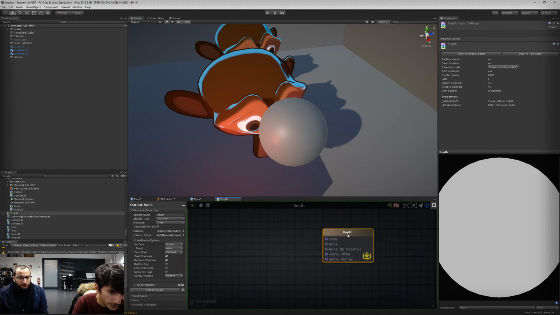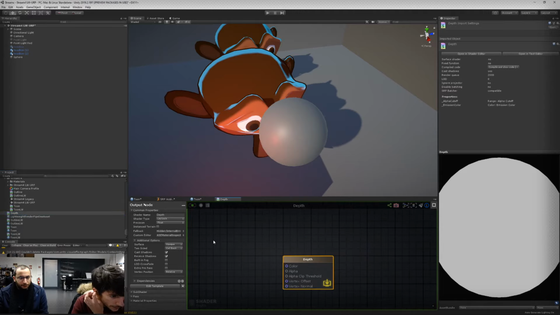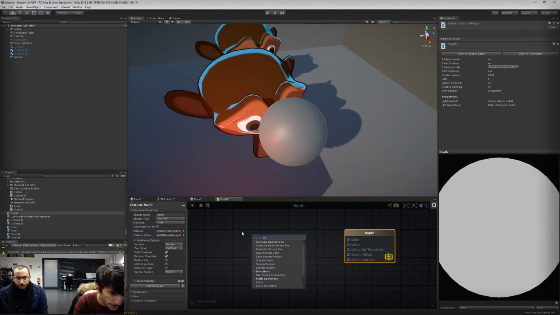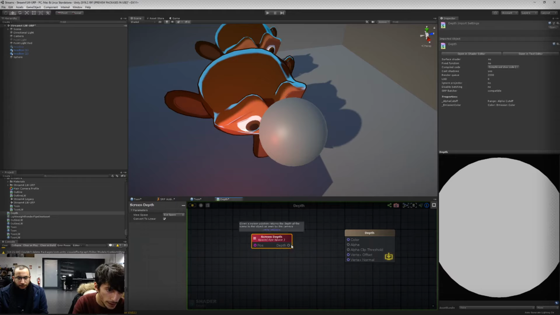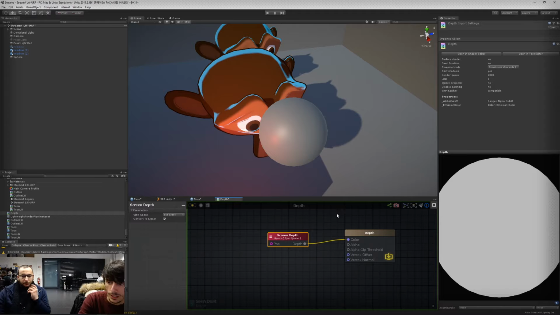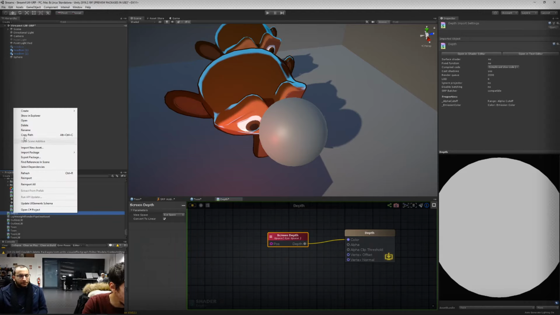Sorry. Okay, so did a small mistake here. Okay. So you sample depth by using the screen depth node. However, you only get the result from the depth buffer if, in case of the lightweight system, the object isn't a transparent one, because the depth buffer is only available after all the opaque objects are rendered. So even if I do this and I create a new material for it,